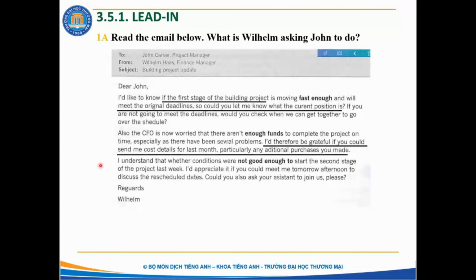Right, so now we read the last paragraph together. I understand that where the conditions were not good enough to start the second stage of the project last week, I appreciate it if you could meet me tomorrow afternoon to discuss the rescheduled date. Could you also ask your assistant to join us, please? So in this last paragraph, William stated that he would like to meet John for further discussion on the rescheduled